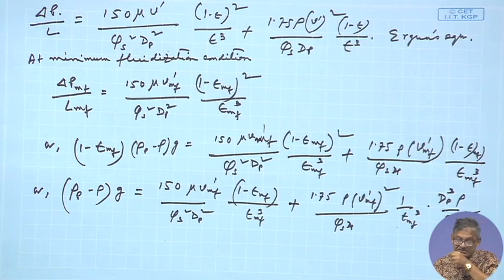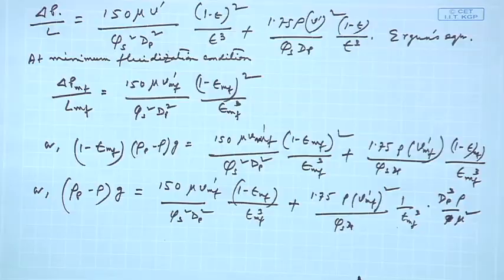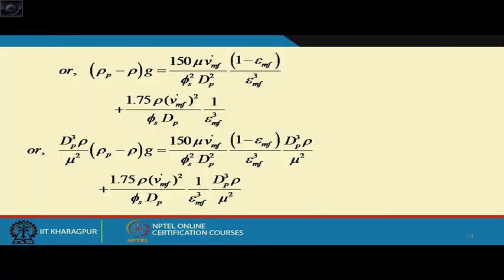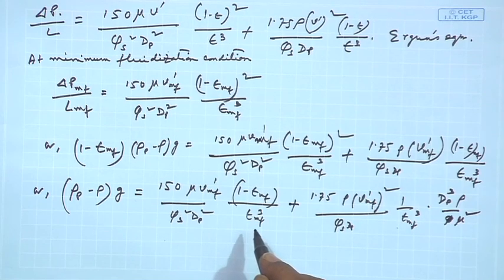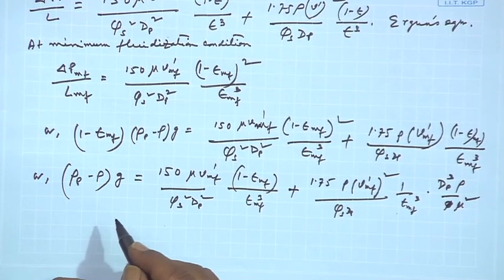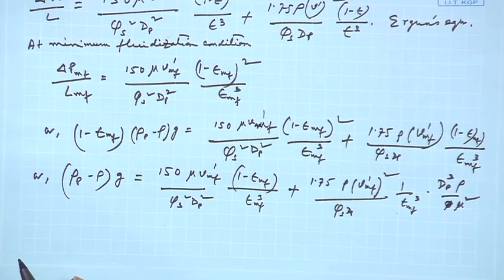So, this is what was d_p cubed rho by mu squared. This is true, but d_p cubed rho, right, (rho_p minus rho) g